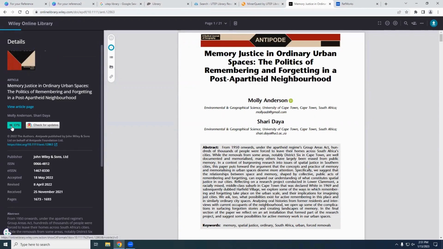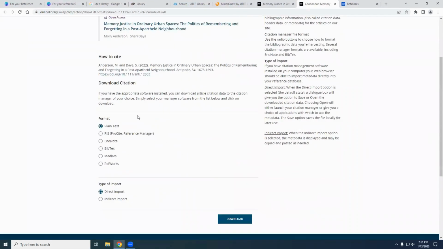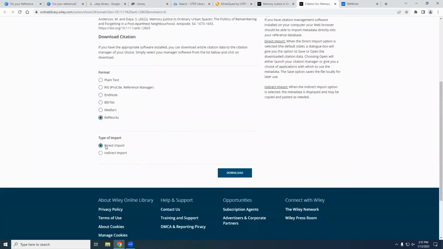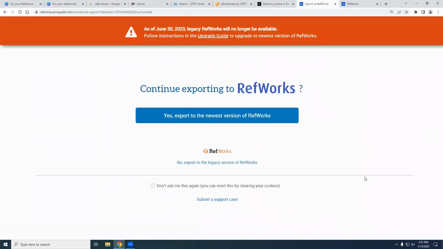You'll notice that there is a cite button directly from the database, from that PDF that we opened. When we click on cite, you'll see that when you download the citation, there is an option for RefWorks. It will be a direct import. And so when you click download, it's going to ask you, would you like to continue to RefWorks?